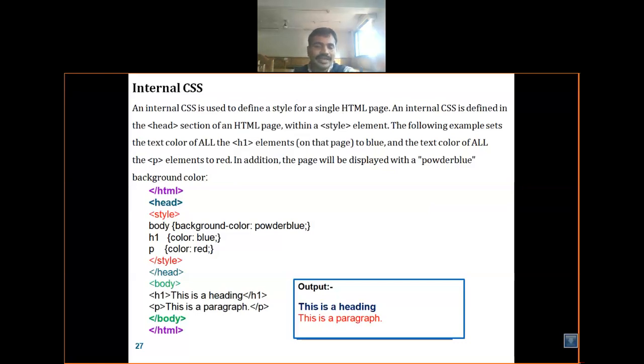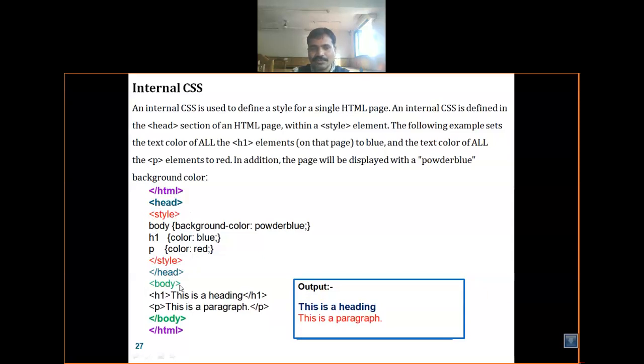If I need h2, h3, that is a group of elements, I say the color, so I write h1, h2, h3, h4, h5, till h6. When I use the paragraph, you see the p tag and color: red. Every time you set a property, you should give a semicolon. You set the property as color, then colon. After that the style is closed, and then the head tag is closed.